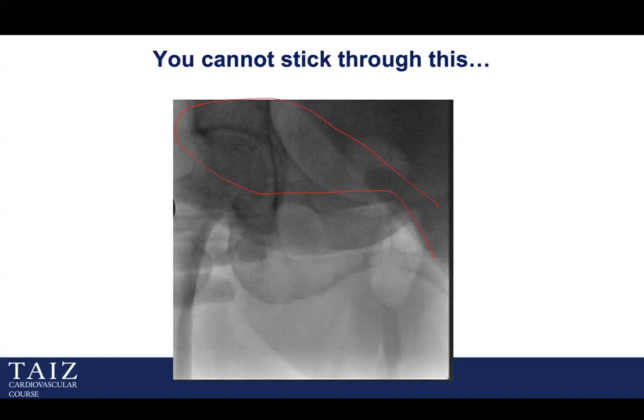So what you have to do, and what I always do with obese patients, is I push the pannus up before I do anything. That's the first thing. And then I put the Kelly clamp, and I do the fluoro. I mark with a marker or a pen, a sterile pen, where the lower border of the femoral head is,